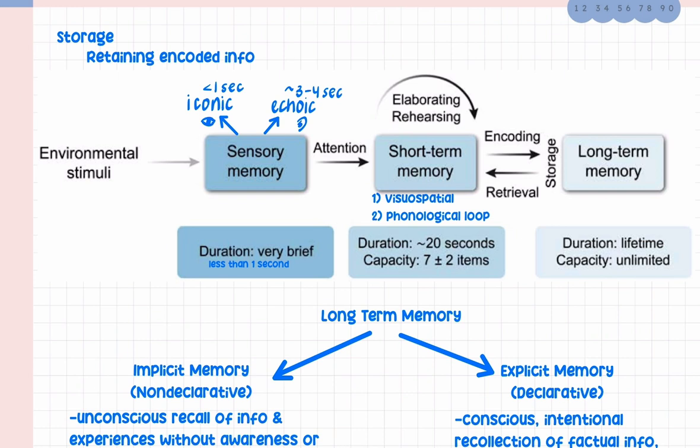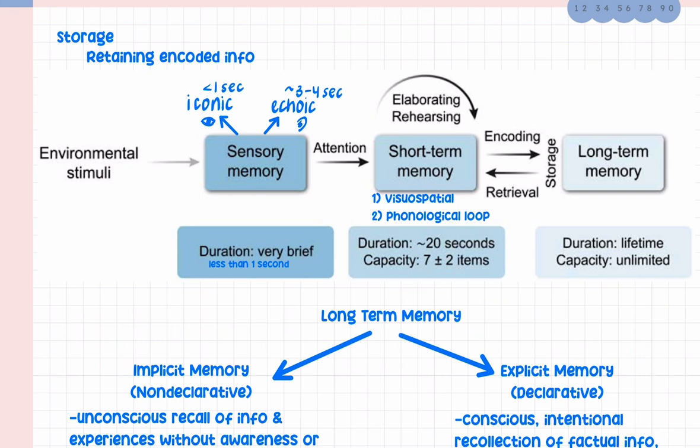First goes to our sensory memory. In our sensory memory, we have iconic memory and echoic memory. I from iconic is visual, and that's less than 1 second. Echoic, echo, audio, 3 to 4 seconds. And the sensory memory holds raw sensory input for a very brief time. It has a large capacity, but it fades quickly unless you really give it a lot of attention. So, for example, you glance at a phone number, but you forget it almost instantly unless you're going to go